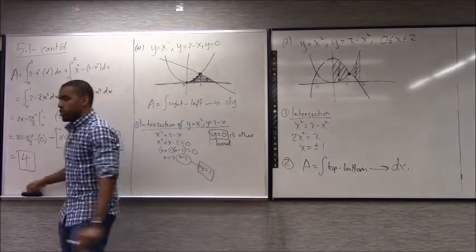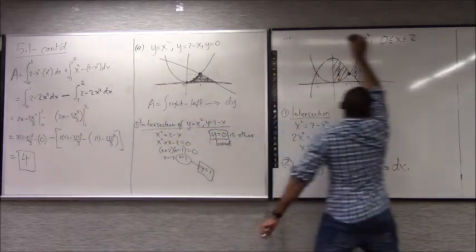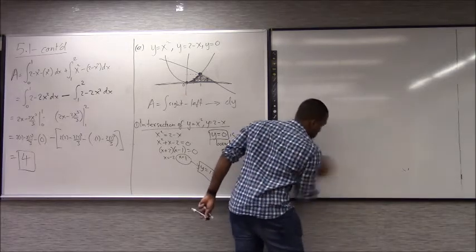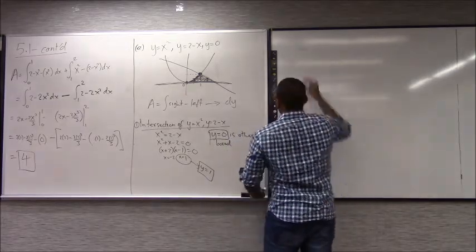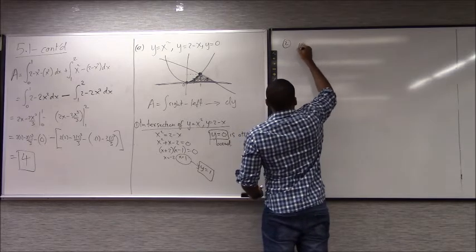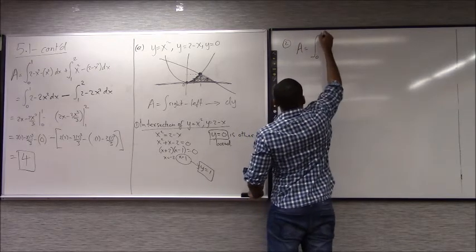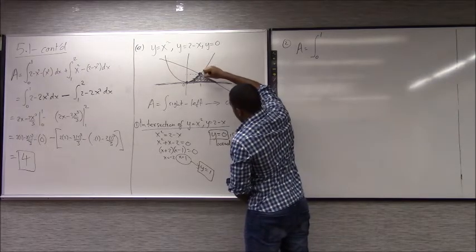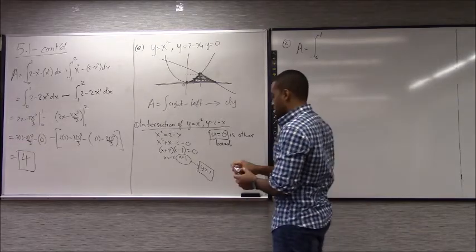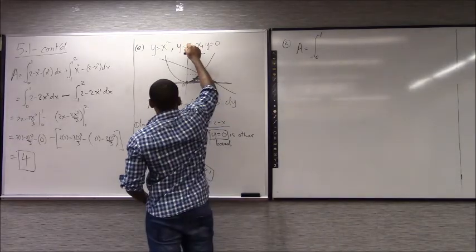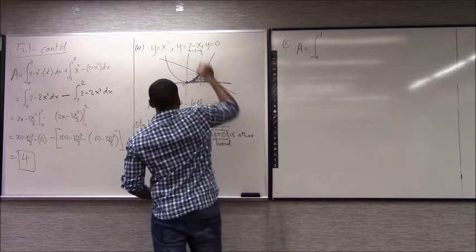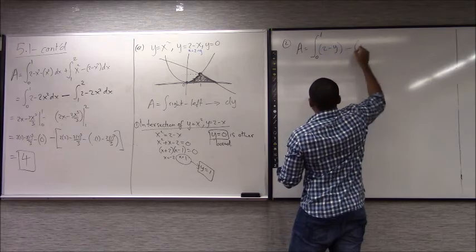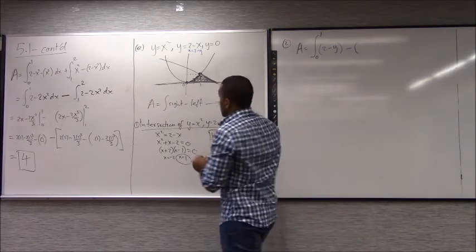So I know I'm going between 0 and 1 on the limits. Now I'm going to set up that integral. My area is going to be the integral from 0 to 1 of the function on the right, which is this guy, the straight line, which I have to write in terms of y's. So I'm going to think of this as x equals 2 minus y. That's going to be 2 minus y,